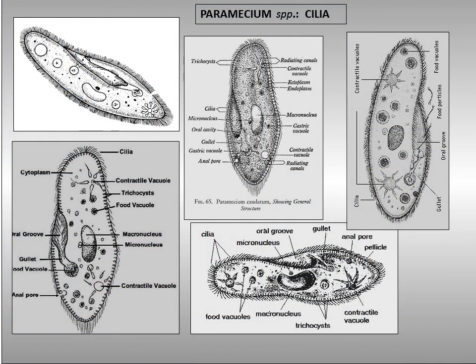But in the best line drawings, general features almost always included are a linear shape with rounded anterior end, a perimeter of cilia, an oral groove, a large macronucleus, and a micronucleus as well,